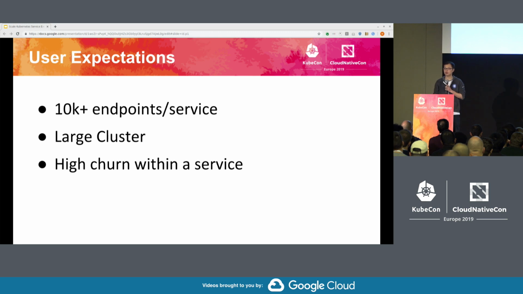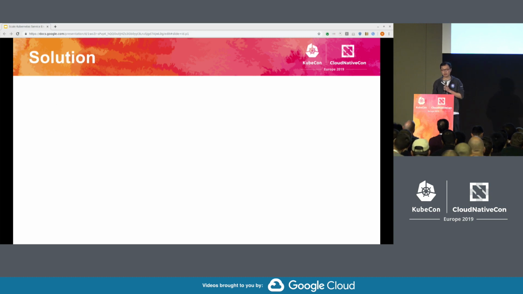They want to deploy and roll out their services frequently, or canary, or whatever the use case. So that translates to high churn within the service. All these should work without extra caveats. This should just work.